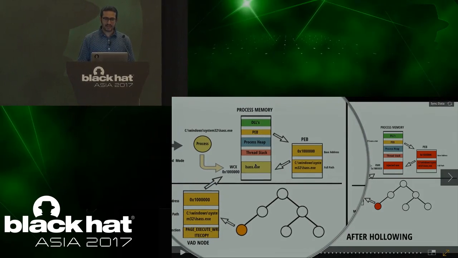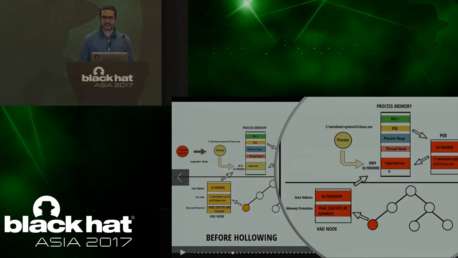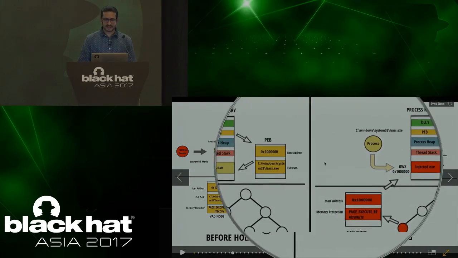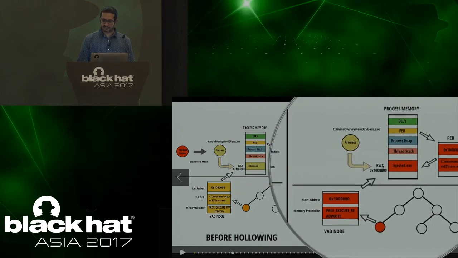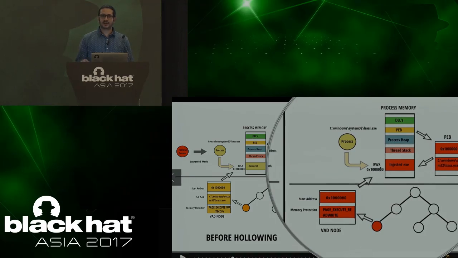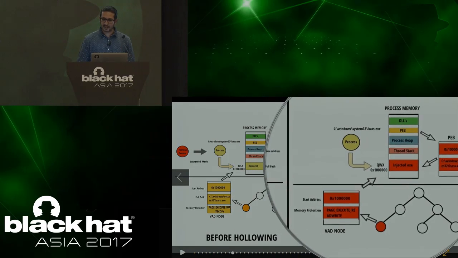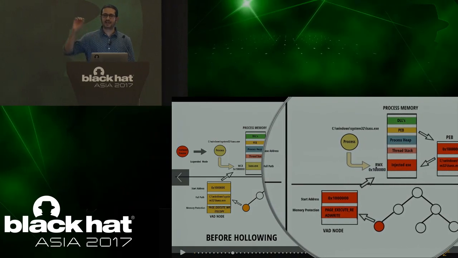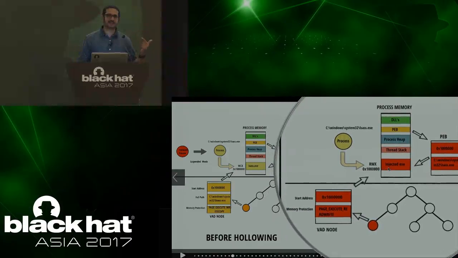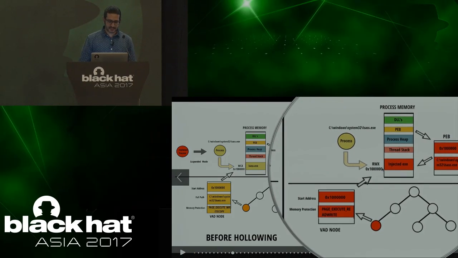They allocate a new memory and they injected the malicious code. So after that, it will look like this. You see that this is before, this is after. And notice the discrepancy, because attackers cannot allocate a memory protection with a write copy protection, because Microsoft API does not allow you to do it. So they have to allocate a memory with a protection of read, write, execute, and then inject the code. This is one of the discrepancies that can be used to look for code injection or hollow process injection.